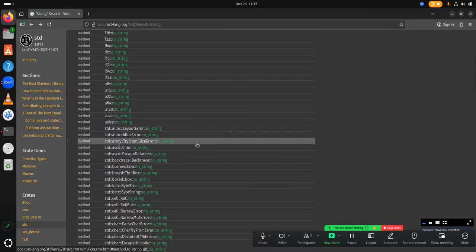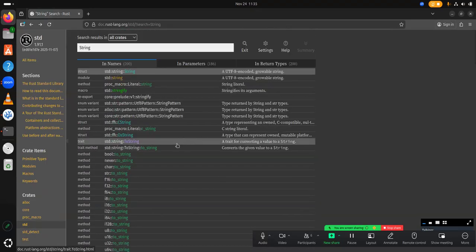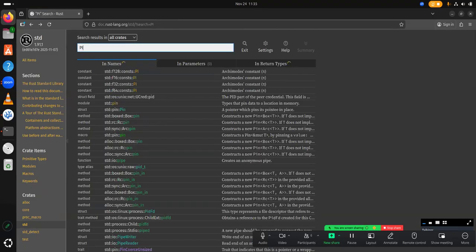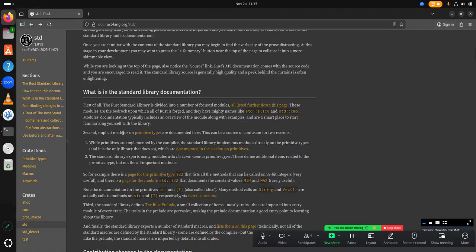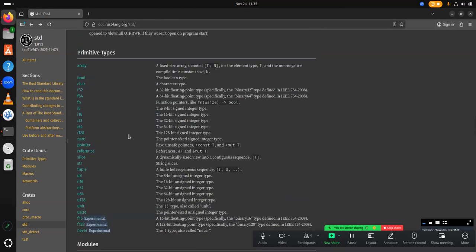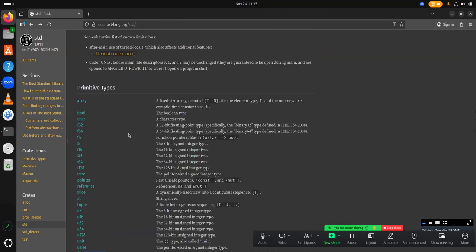So yeah, that's about it. And the documentation is on STD. Yes, this is the Rust standard library. Interesting to know. Well, maybe it's a bit early to talk about that because Rust can